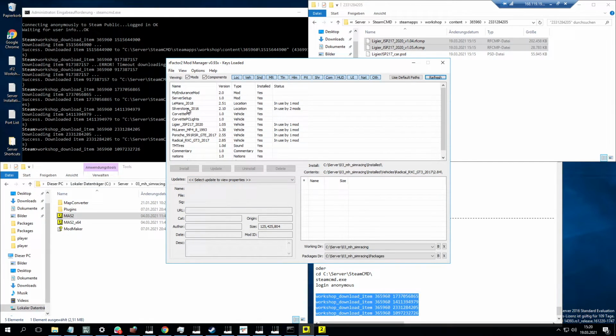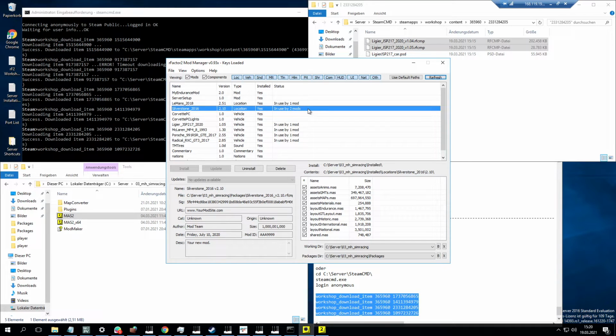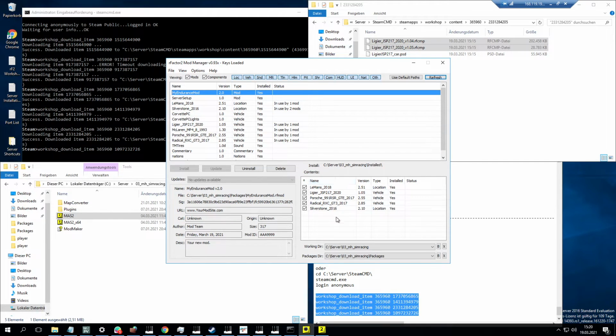mod manager. Now you see Silverstone is being used by 2 mods in the meanwhile. And more importantly, you now find my endurance mod. And once again, you get a list of things that you need in order to be able to install the RF mod. And as I said, this is the important thing when it comes to your clients as well, because what I